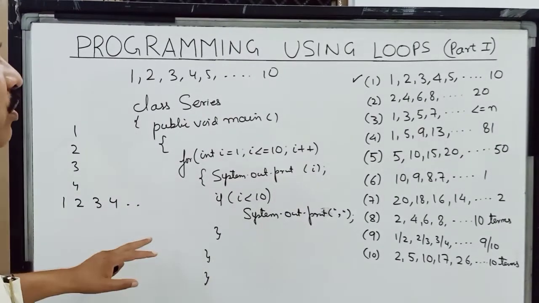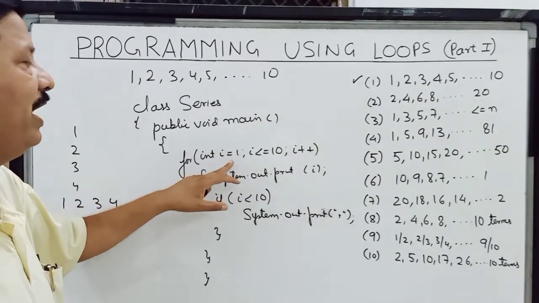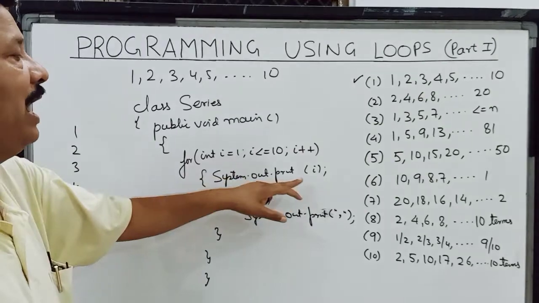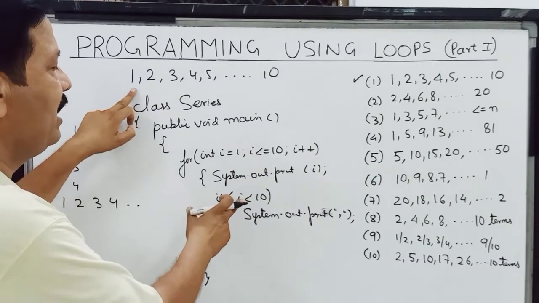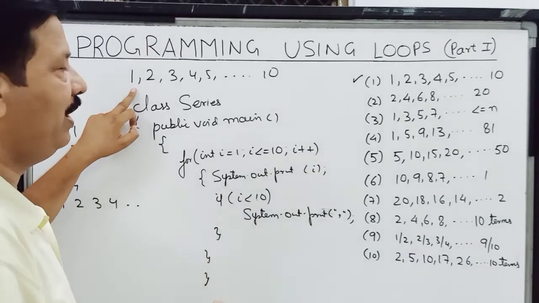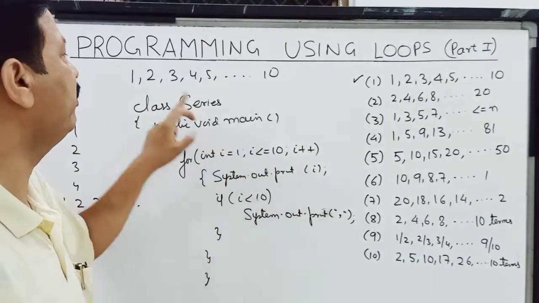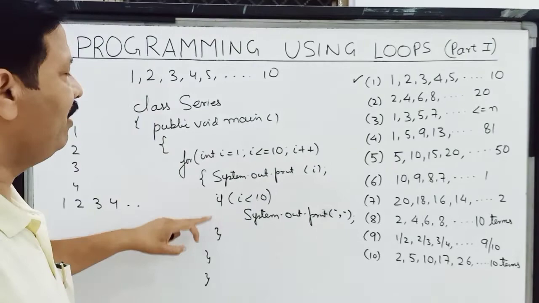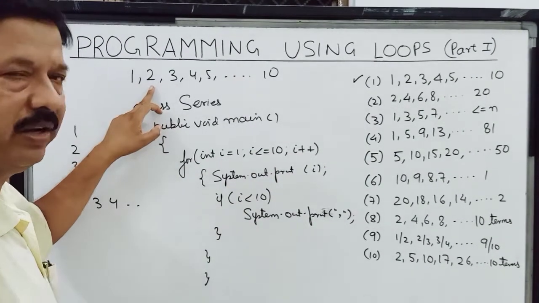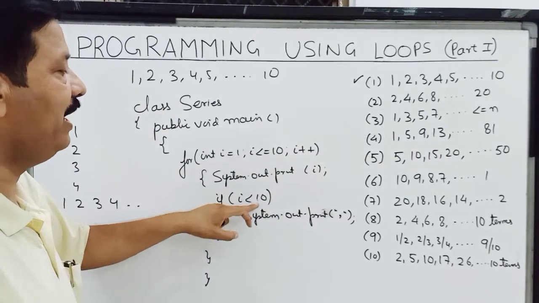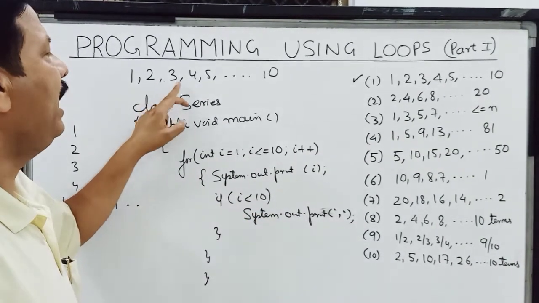So children, we are going to follow this. First time the value of I becomes 1, and I have printed this 1. Then I am checking, is I less than 10? I is 1. Yes, it is less than 10. This comma will get printed. Again, when we go up, I plus plus, that makes the value of I 2. 2 will get printed. Again, 2 is less than 10, so comma will get printed, and so on.